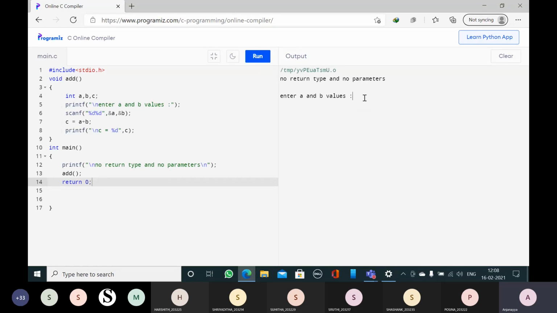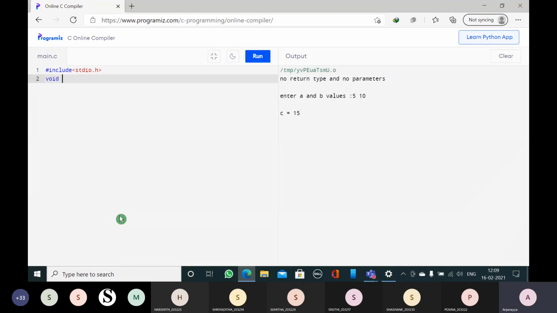Now enter a and b values. I will enter 5 and 10. So here c is equal to 15 is displayed onto the output screen.